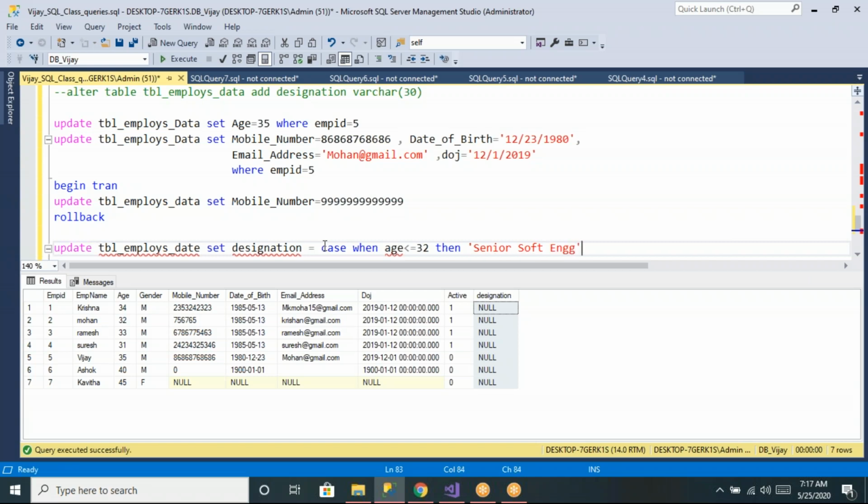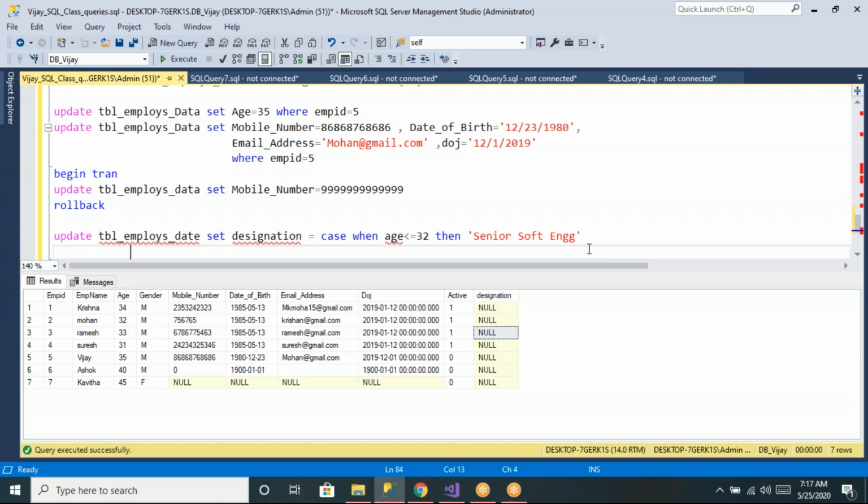Okay, for the records whose age value is less than or equal to 32. Now you can see 31 and 32 are there. For these two records, I want to update the designation as software engineer.